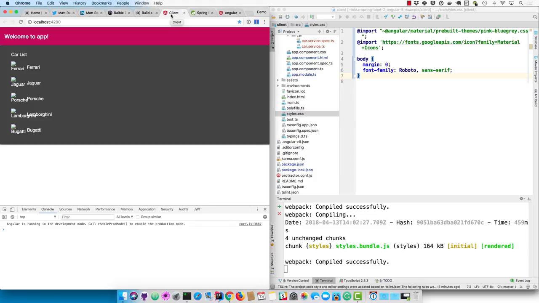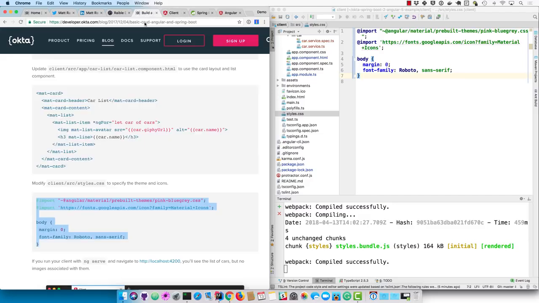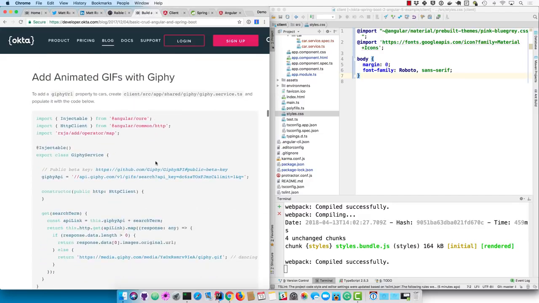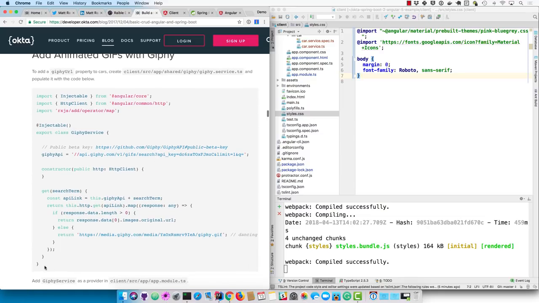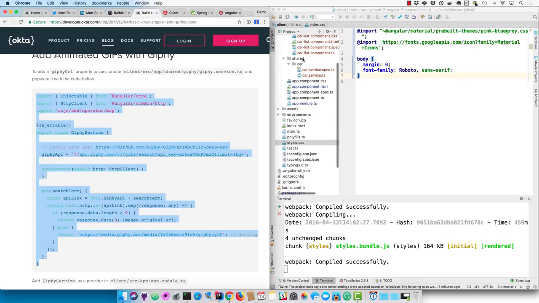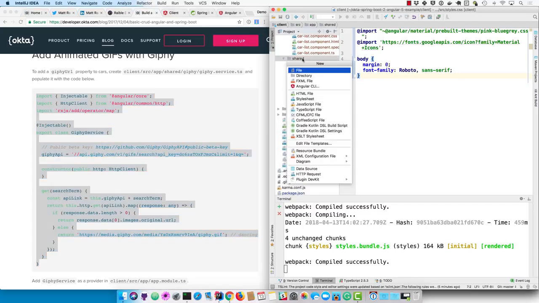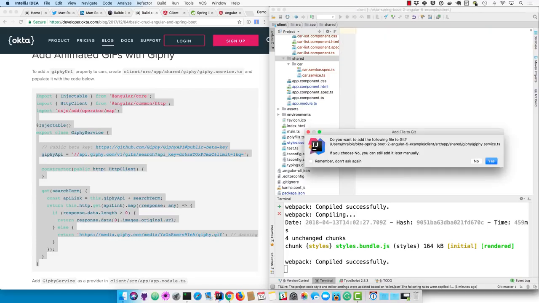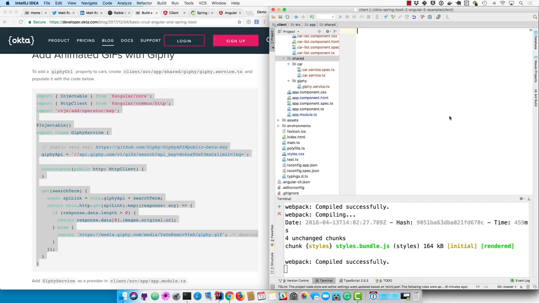Now you can see we have our list starting to look good, but we don't have the images in there. Well, that's because we haven't called out to Giphy to get them. So Giphy is a service that has a bunch of animated GIFs, and I wrote this service that will call Giphy with the car name or anything that you pass into it and fetch a GIF or a URL for a GIF that matches that. So we create giphy.service.ts,